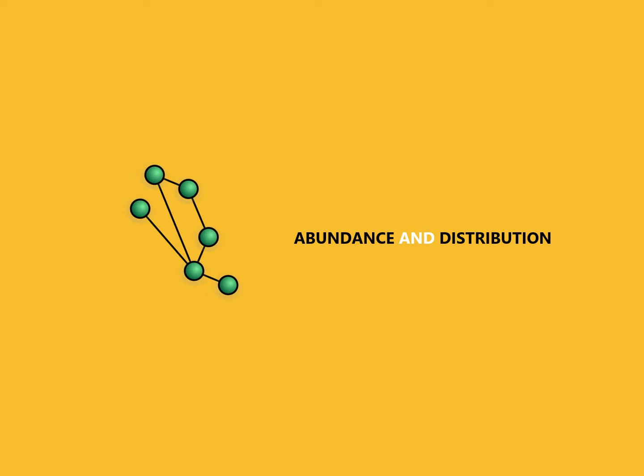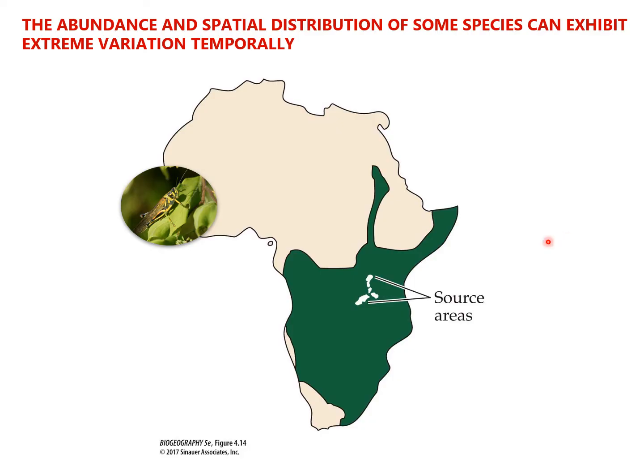Okay, last video here, there's just a couple more things that I want to talk about really quickly in relation to species distributions and the dynamics of a geographic range of a species. Specifically, I want to talk about how abundance can play a role in the changing distribution or the dynamics of a species distribution. So the abundance and spatial distribution of some species can vary quite a bit over time,